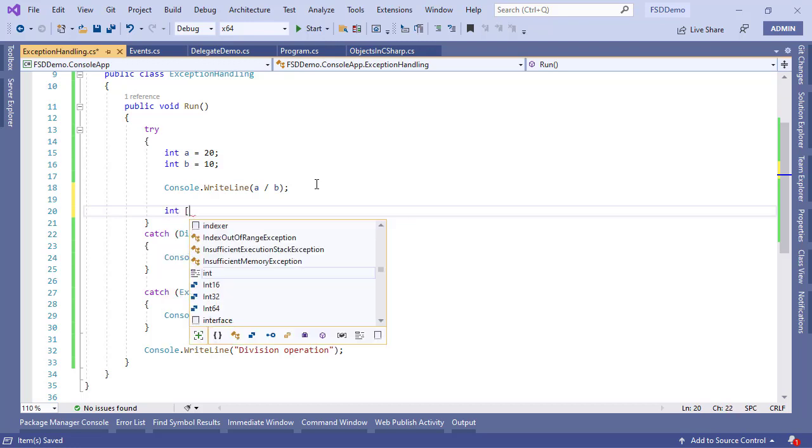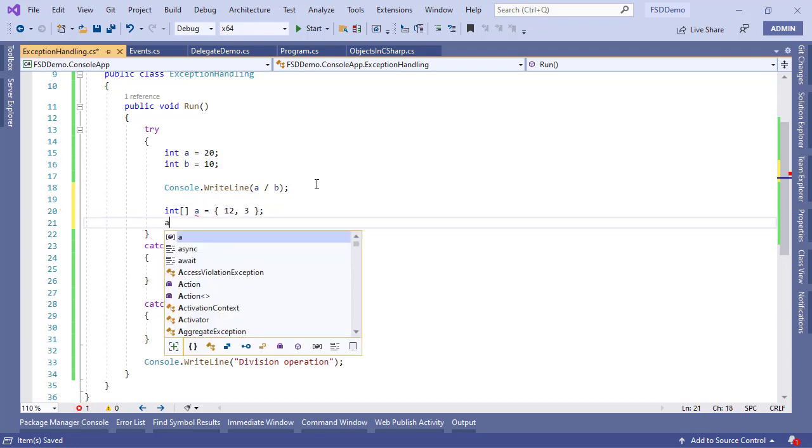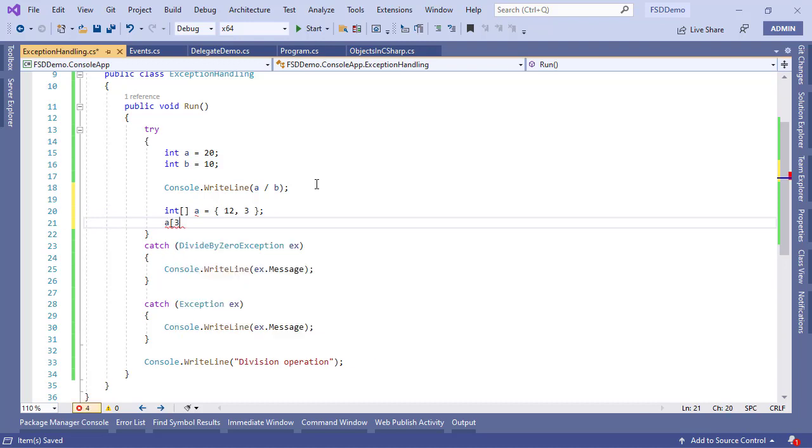I'm going to declare an integer array a and assign values to it. I think 1, 2, 3, two members in it. I'm going to try to access the member at location number 3. So we know that there's no third member. If I try to assign a value to it, it will throw an exception. But then we were only catching